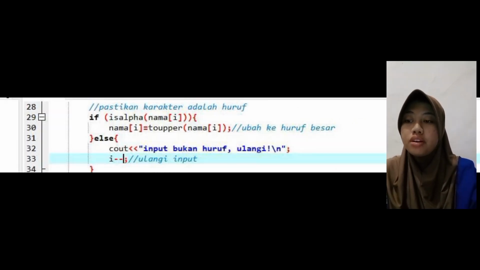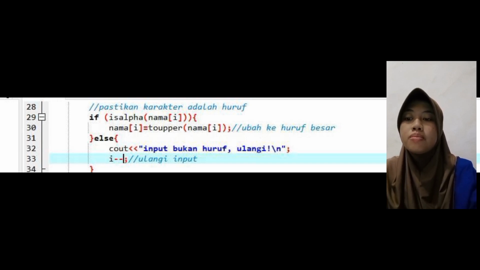Okay, if isalpha name, this is a conditional statement. If the condition inside the parentheses is true, then the code inside the if block will be executed. The isalpha function is used to check whether the character in name is a letter, either uppercase or lowercase.